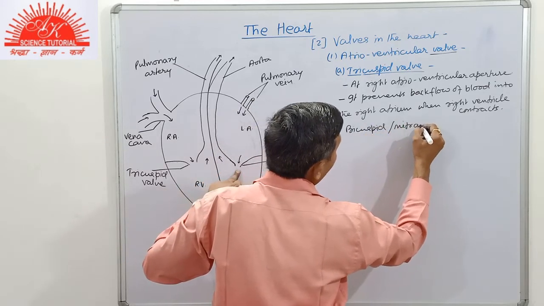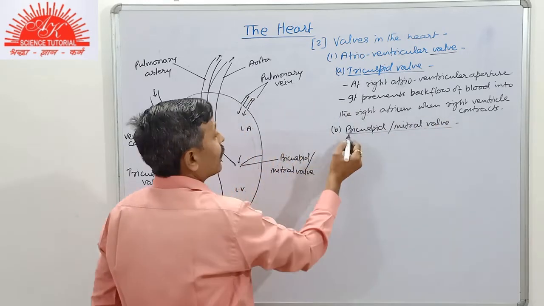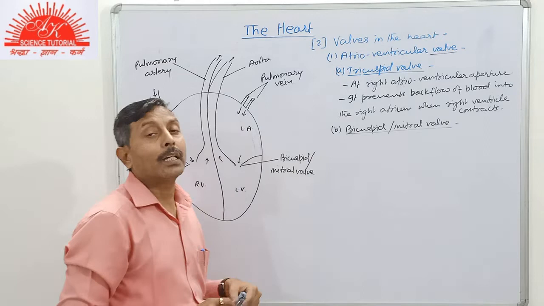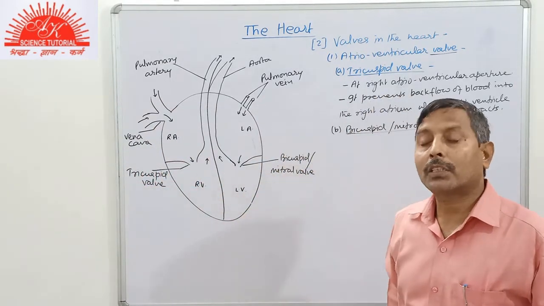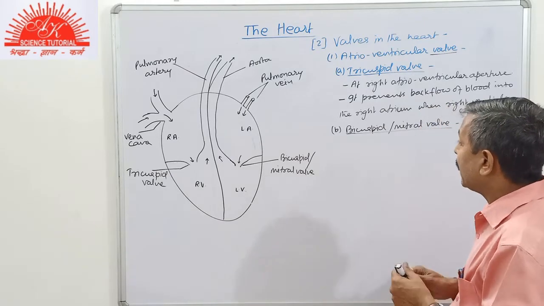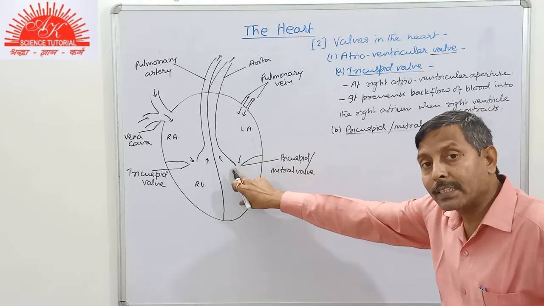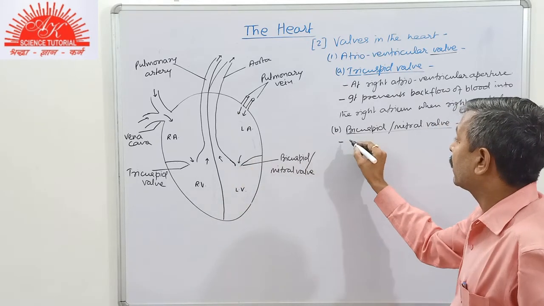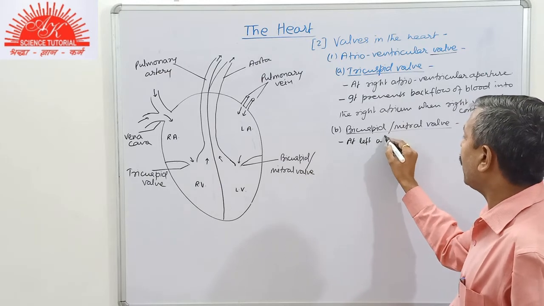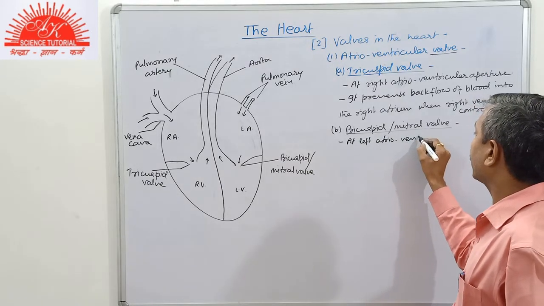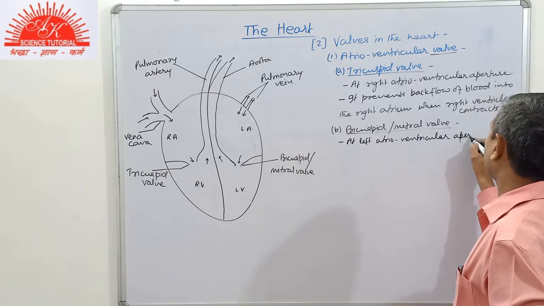also known as the mitral valve. And again, it is very simple, it is very clear, that is bicuspid. It has two cusp-like structures, and it will be present. Again, if you have drawn the diagram, now the location is very simple and easier to learn. That is at the left atrioventricular aperture,